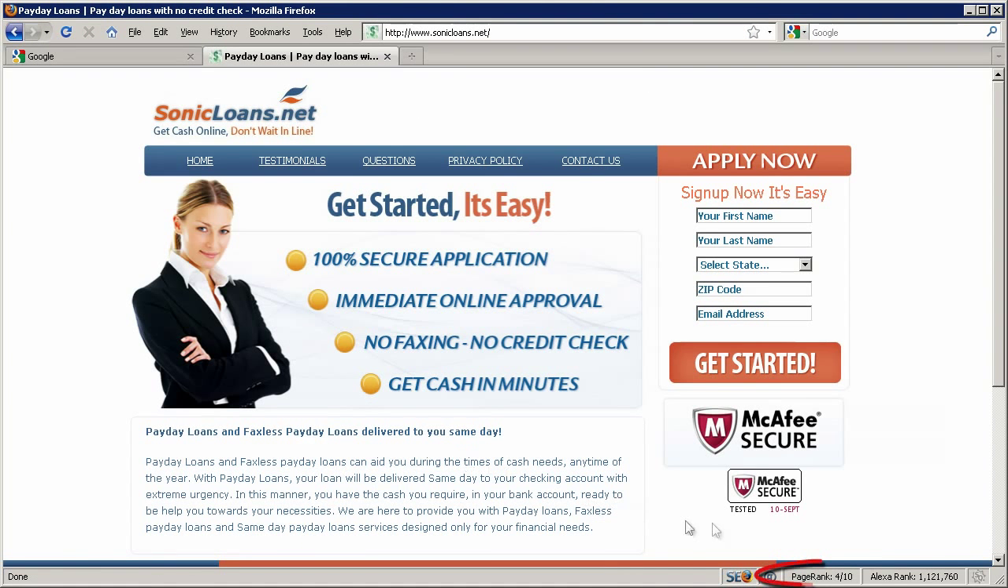And as you can see here, they got a page rank of 4. So they got some good link juice flowing from somewhere. Let's see where they're getting their link juice from. What we want to do is copy this URL of their money site without the HTTP or without the www. And let's then go over to